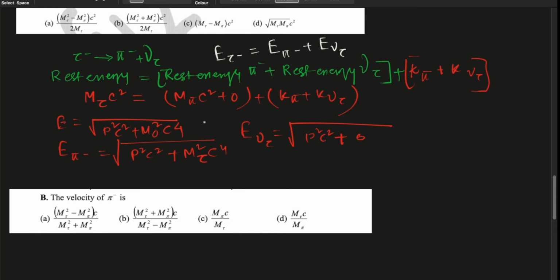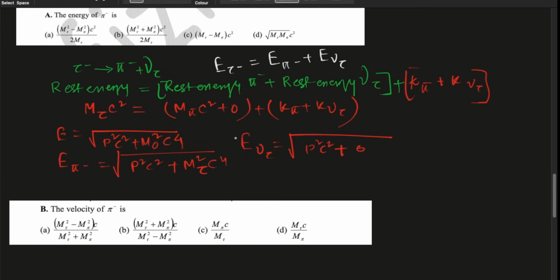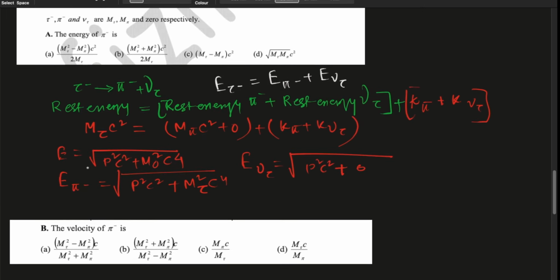Let's find out what the problem is here. We need to find the value of E pi minus. That is the value we need to find out. We can see that the answer has only m, so we need to eliminate the pc or this kind of thing. In order to find this answer, what we need to do first is